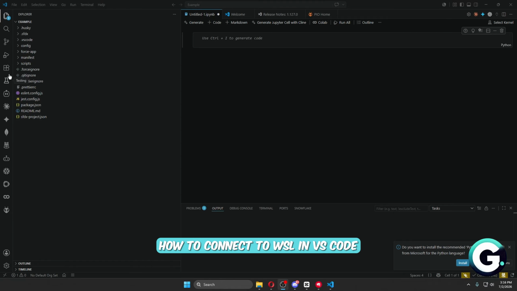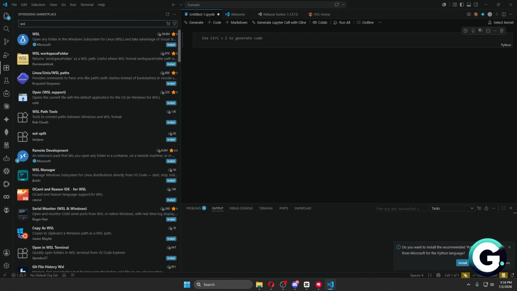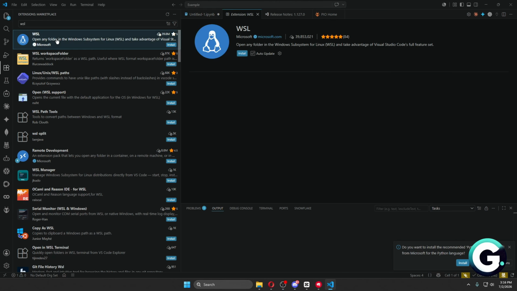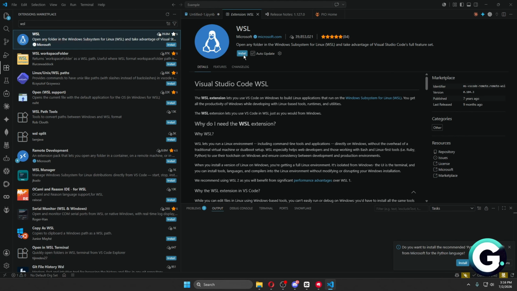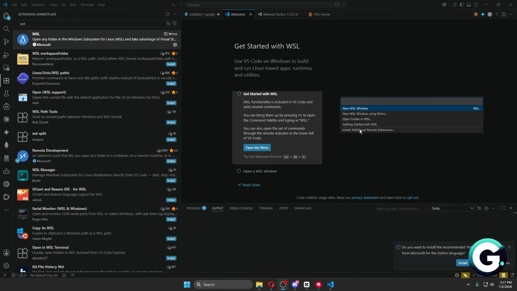So the first thing that you want to do, of course, after installing WSL on your computer, is navigate through VS Code and then just type WSL. Now it's going to be inside the extensions tab, which is going to be this one. And then you want to get the official WSL released by Microsoft. Click install. Wait for it to finish. And simply right after, we have some basic functionality right here that we could go ahead and use off the